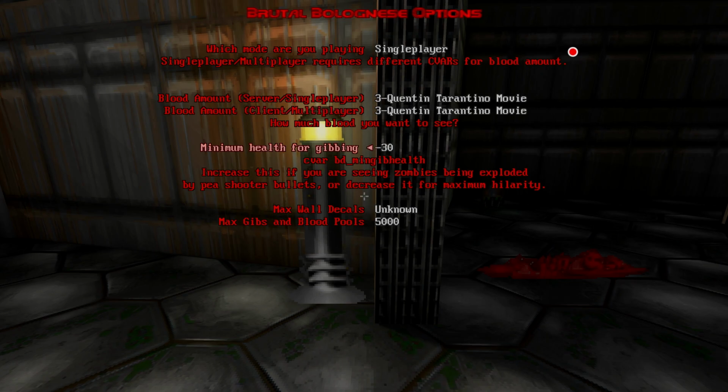But I'm leaving it at 20. I'm not sure what's the default actually. It might be 10. But it's 20. Max wall decals: how much blood can explode all over the wall, and how much stays before it disappears. So I'm going to go with 5,102 and then